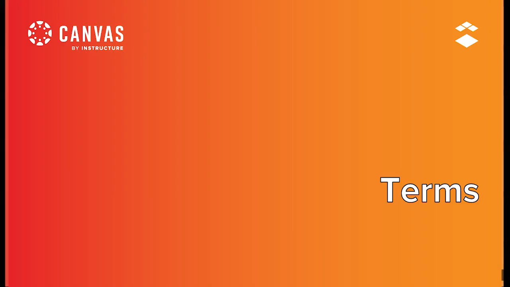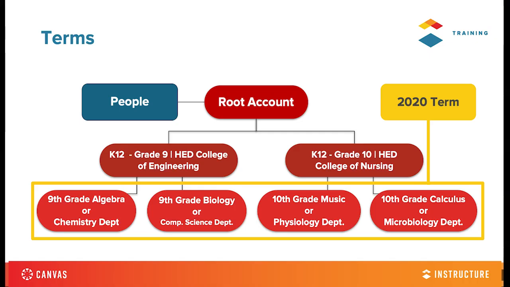Let's continue to terms. Terms are where the course lives, if that makes sense. It's how long the course will live inside of that account. So if you need to designate date ranges, each role can have a specific designated range that controls the content. And I'm speaking to people here, meaning students, when can they access this course at a specific time,